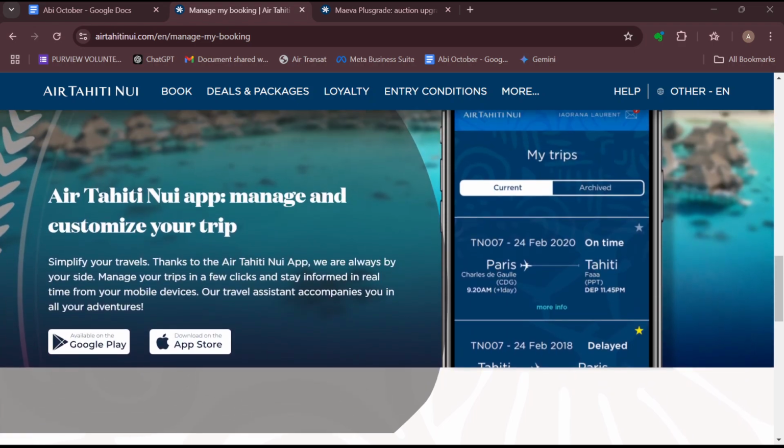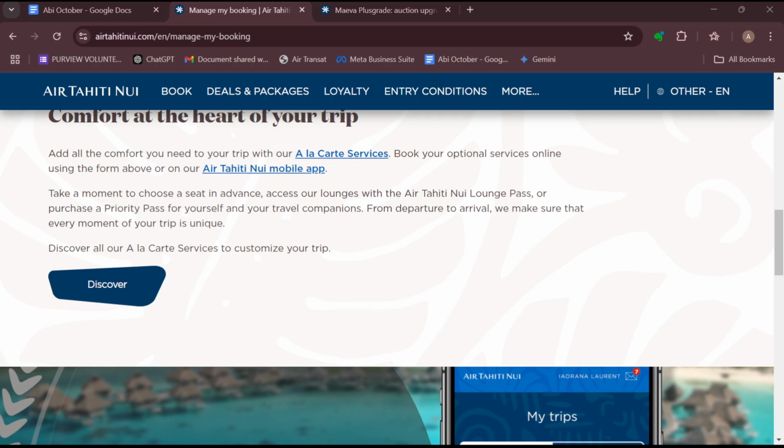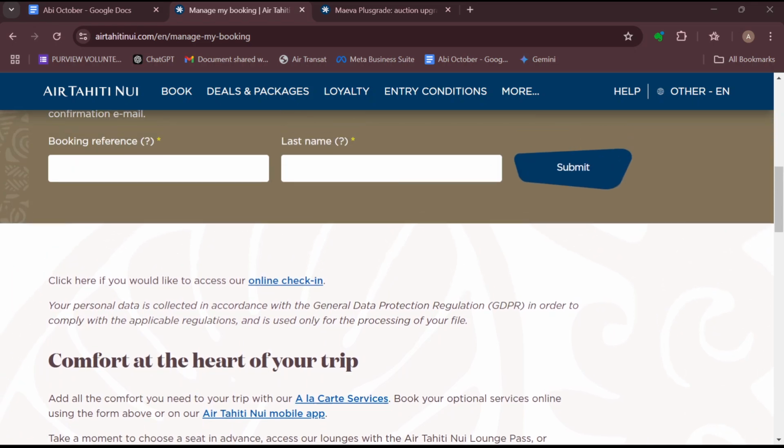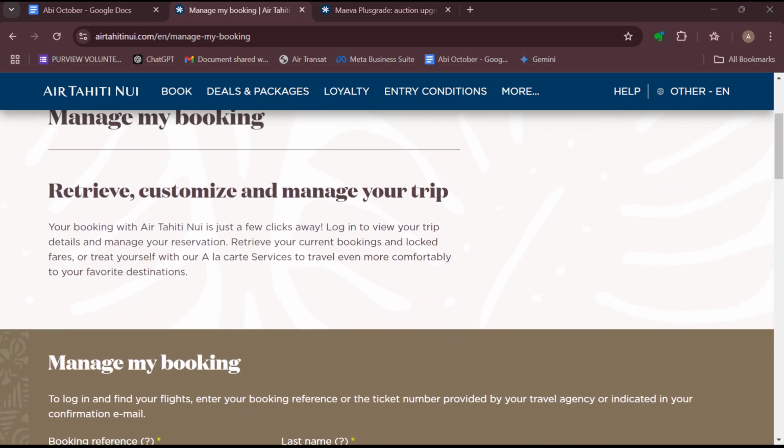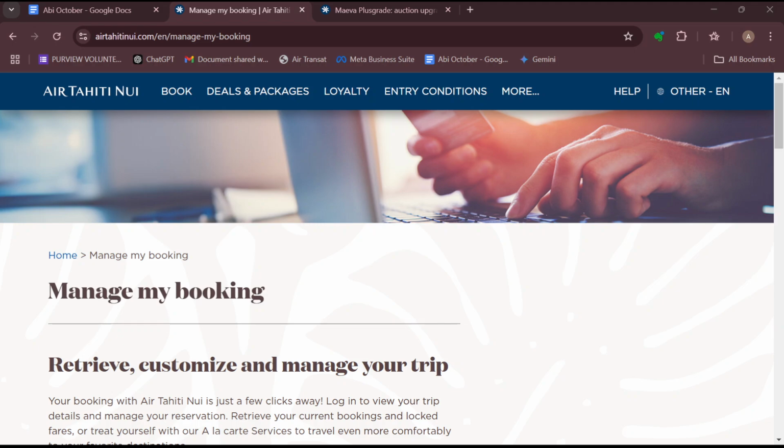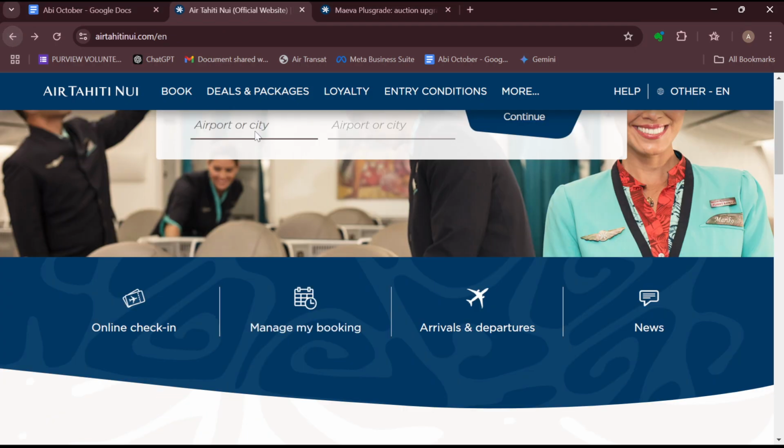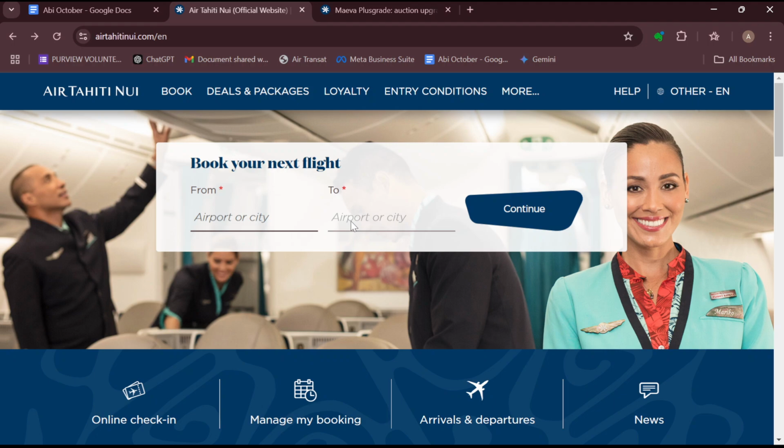So that is it. But if you booked your flight through a third party, such as a travel agency, please contact the agency directly to confirm your reservation. All right, take note of that. This is how you can cancel your flights on